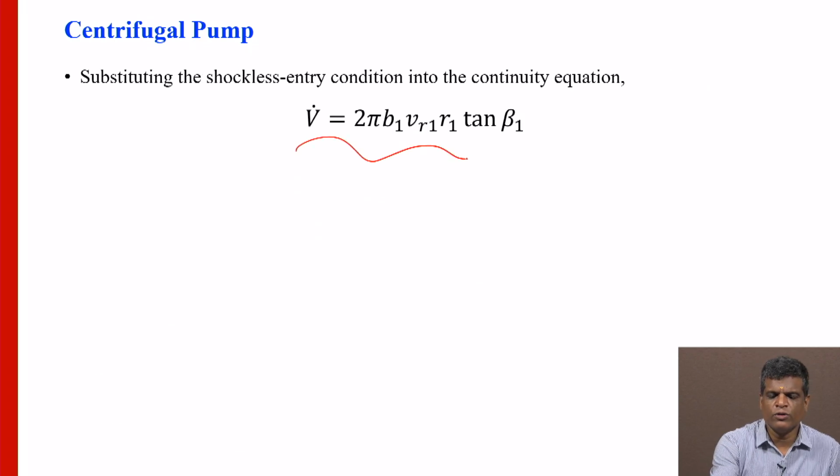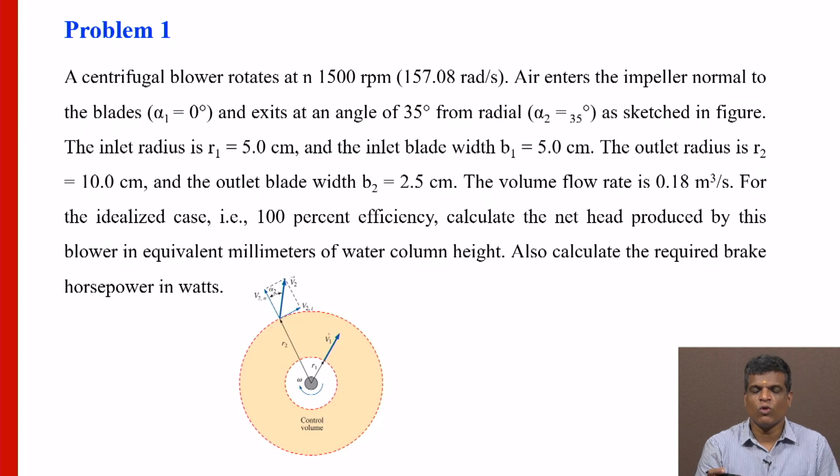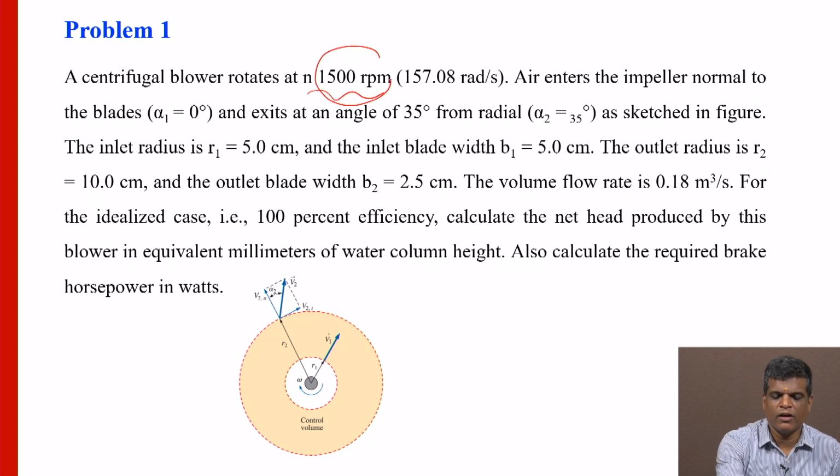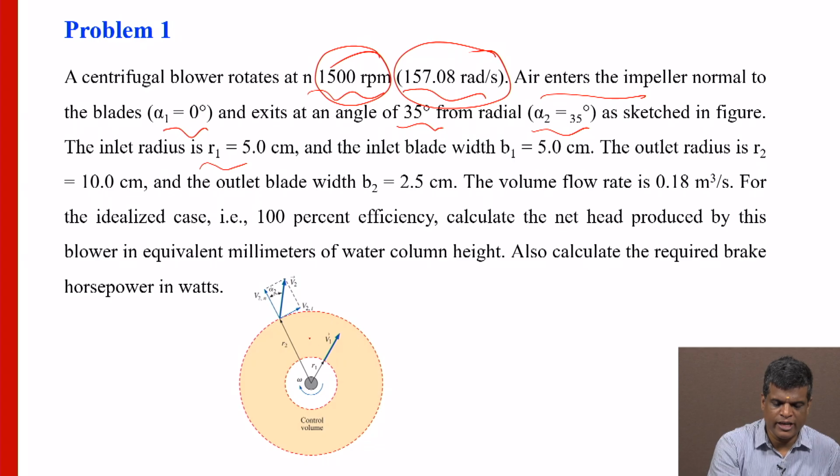So V dot equals this equation, finally the Stokes entry for the condition here. So we will discuss one problem. There is a centrifugal pump, rotating at 1500 RPM. In terms of omega, we can say radian per second, and air enters at alpha 1 = 0, then at the outlet angle alpha 2 = 35 degrees, then there is an inner radius R1, then there is a blade width B1